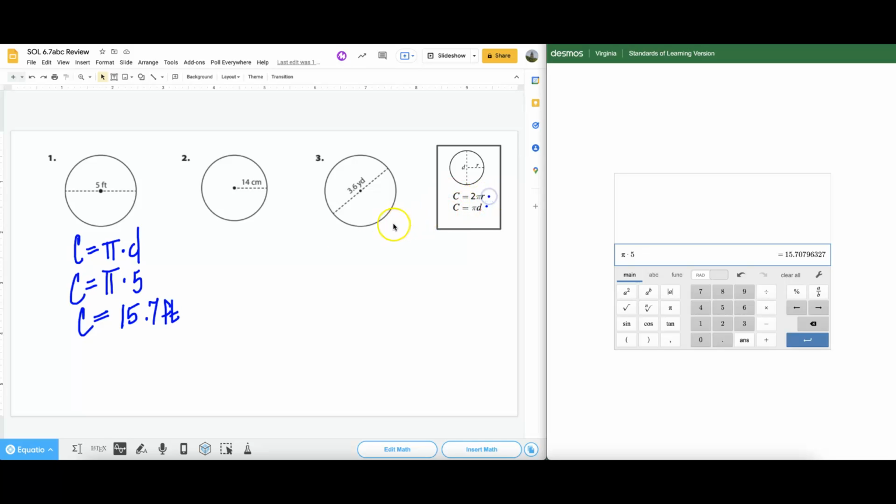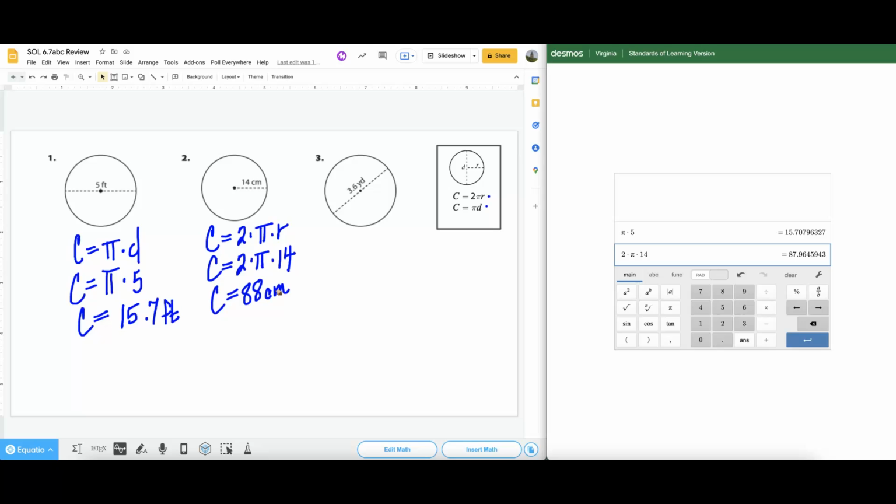If I look at number 2, they give me the radius, so that means I'm going to use the top equation, which is 2 times pi times the radius. So when I substitute in the length of the radius, which is 14, I have 2 times pi times 14. I'm going to put that in my calculator. I'll find a new line: 2 times pi times 14. And so my circumference for this circle right here is going to be 87.96. So that's actually going to round to 88